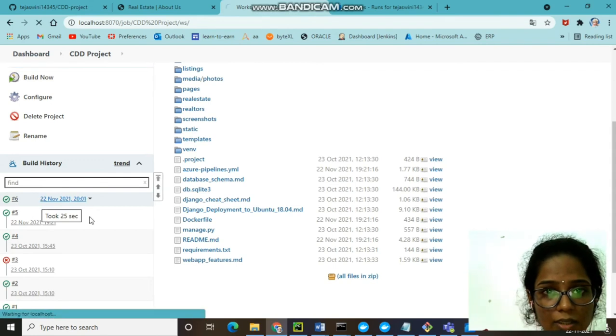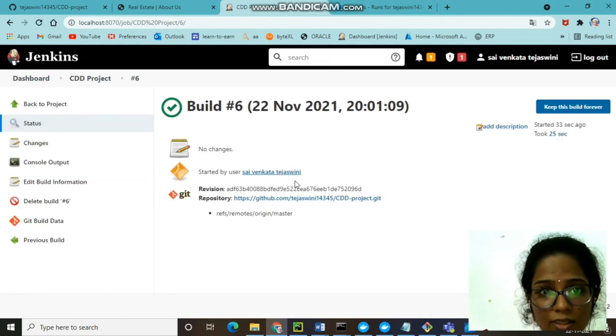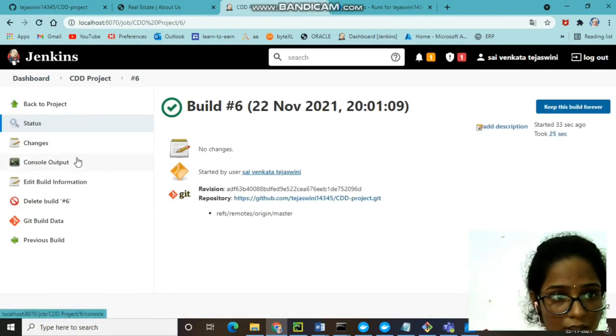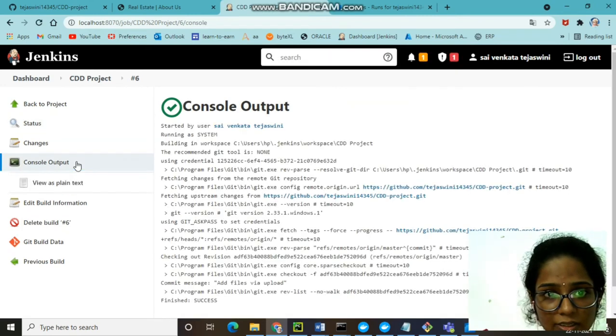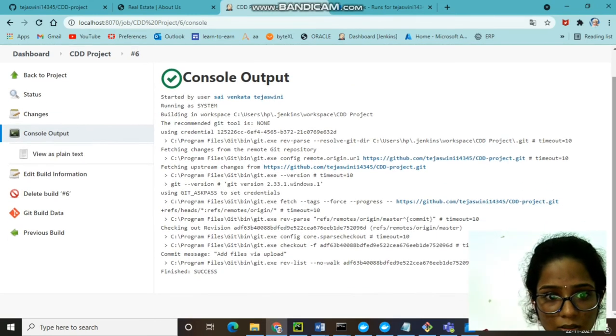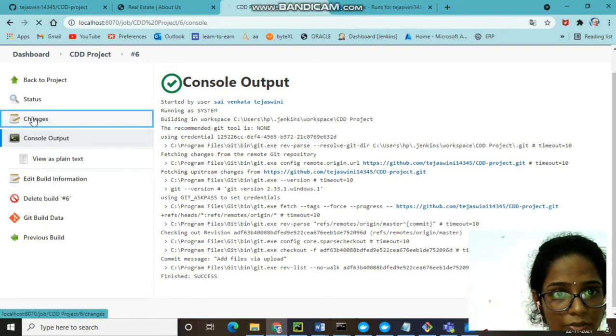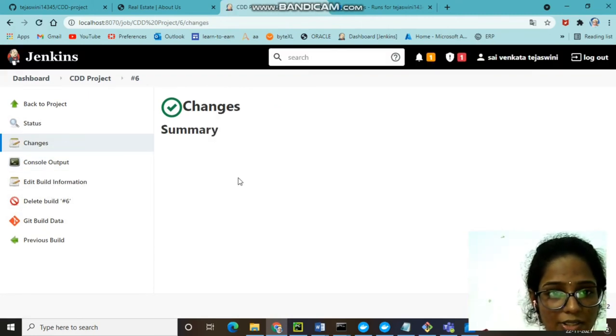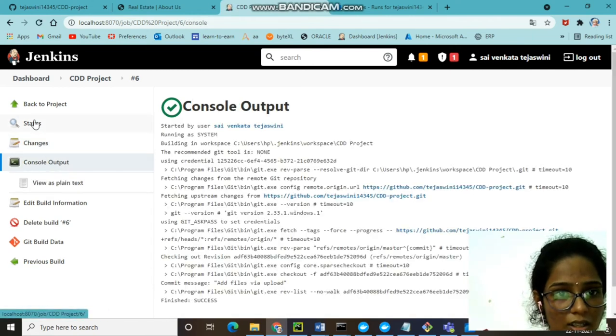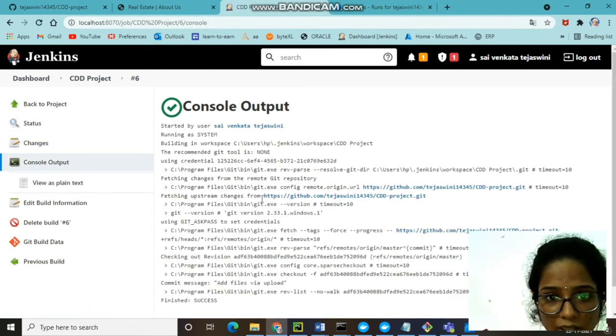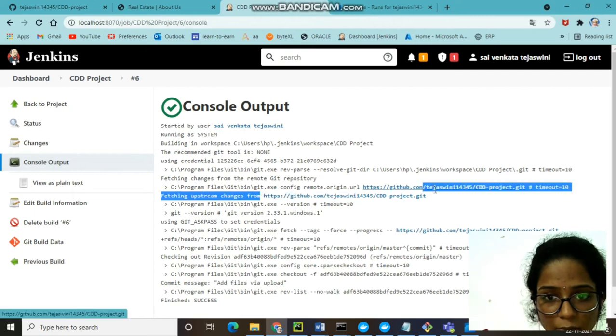We can see here the build is successfully done, and we can see the console output here. And if we had made any changes, you can see the summary here, and we can go back to the project. And this is my Git repository which I cloned here.